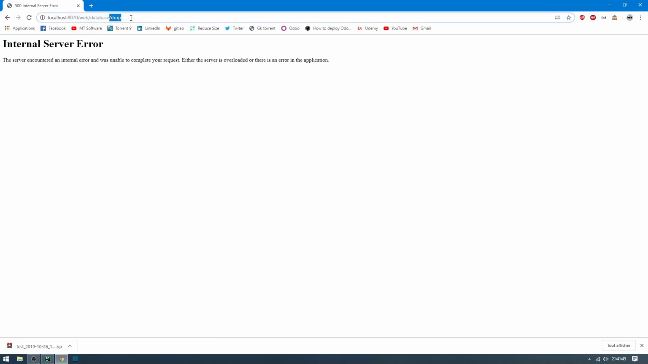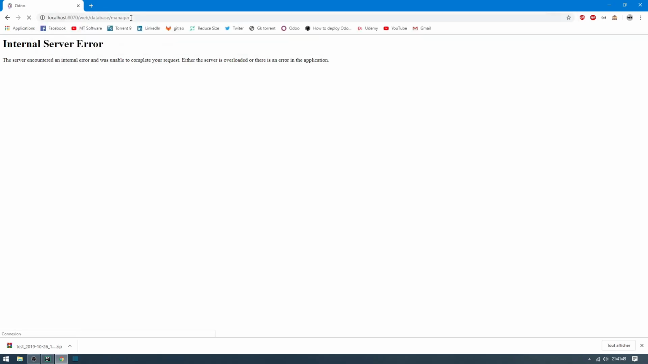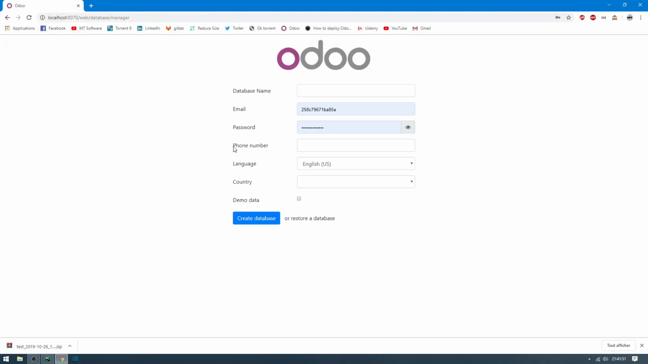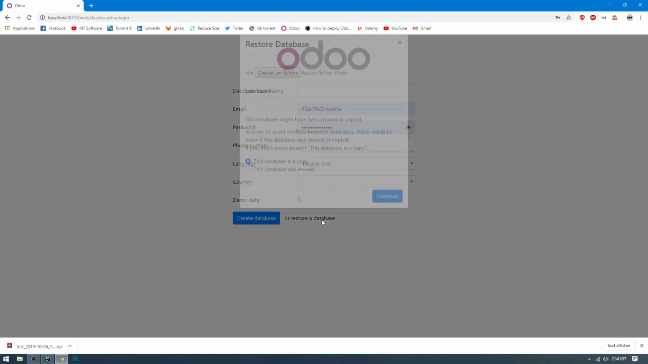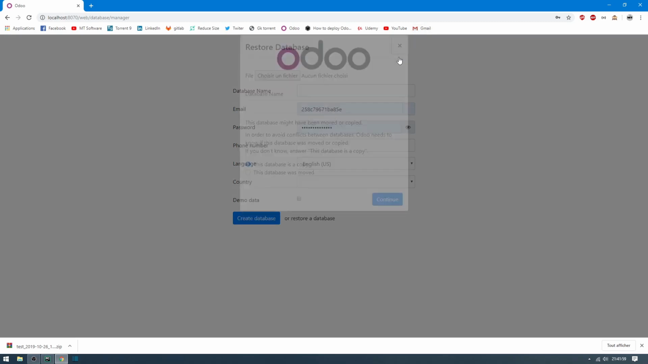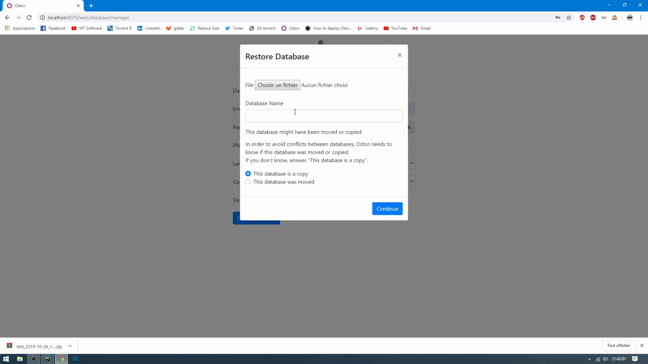So /web/database/manager. We have 0 database now. So it asks you to create database or restore database. For this I click on restore database. I will call it test restored database,